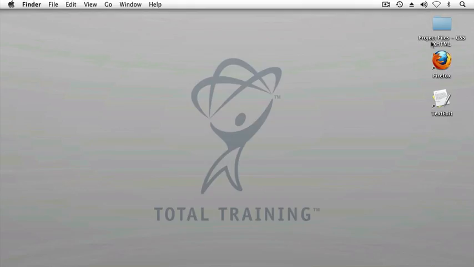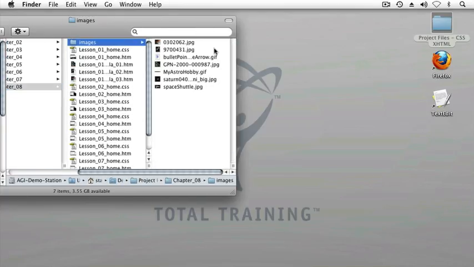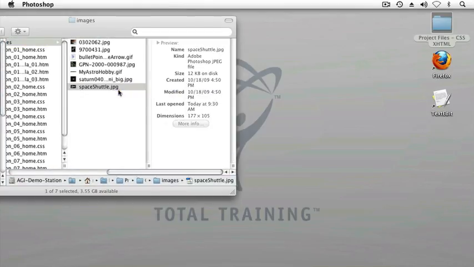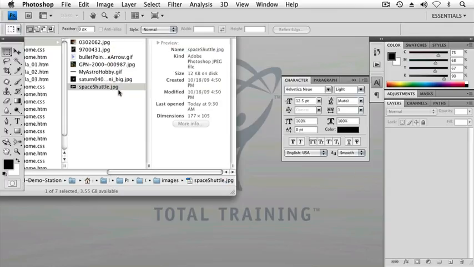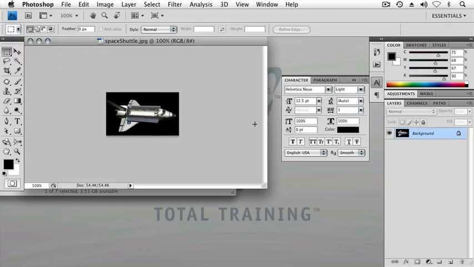So in this lesson, what I'd like to do is take a look in the Chapter 8 folder in the Images directory and see this little image of the Space Shuttle, which I'll bring up in Photoshop or perhaps Preview or Paint on your computer. And I'd like to see this image of the Space Shuttle